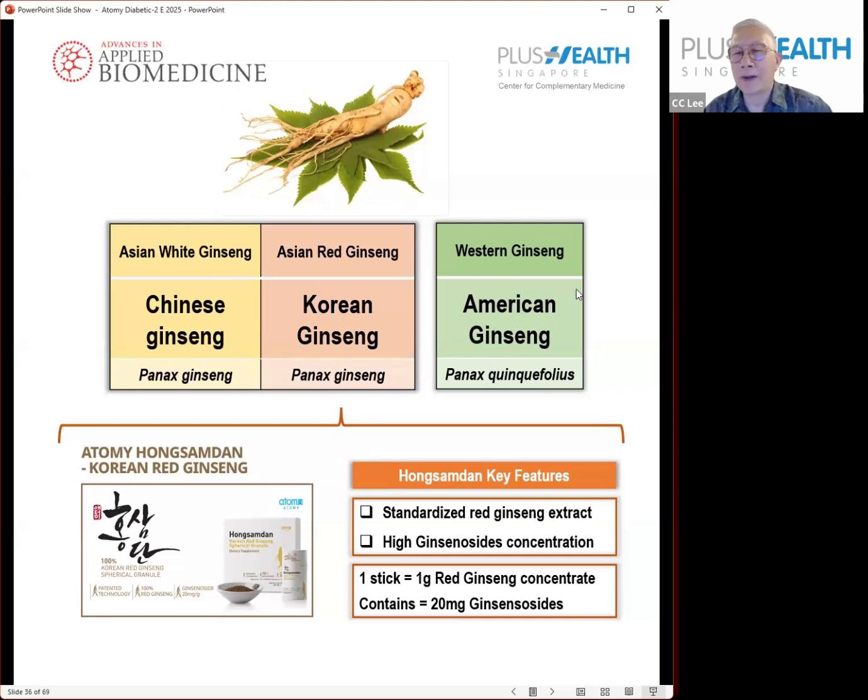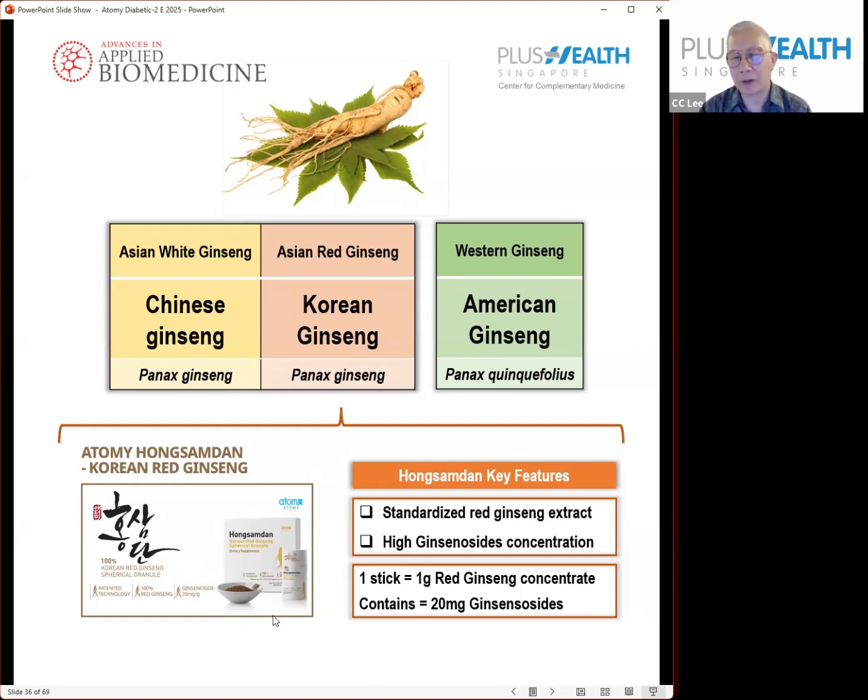Right. But the Western ginseng, which is the American ginseng, is a different species. So they have different pharmacological functions. So do not compare them with the Chinese ginseng or the Korean ginseng, because they are different species altogether. So we should not confuse the Korean and Chinese ginseng with American ginseng. They are different. Okay. So in Atomy Homsandan itself, again, an Atomy product,